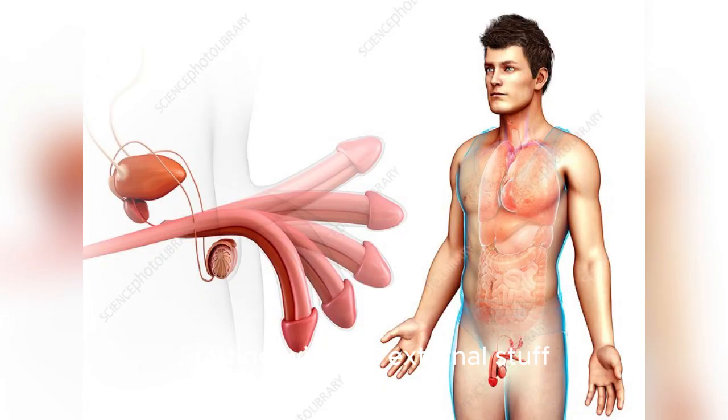Starting with the external stuff, we've got the penis, scrotum, and anal rim. The penis and anal rim are the only visible parts from the outside. The penis is the main player here, responsible for delivering sperm during sex. At the tip, there's the head, packed with nerve endings, which makes it super sensitive. The foreskin usually covers the head when the penis isn't erect, and some guys choose to have it removed through